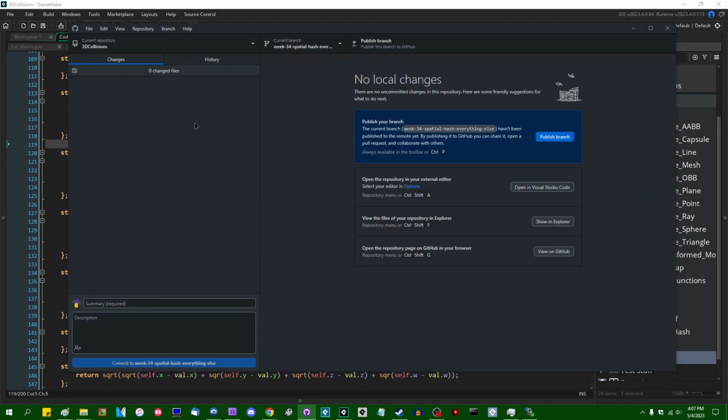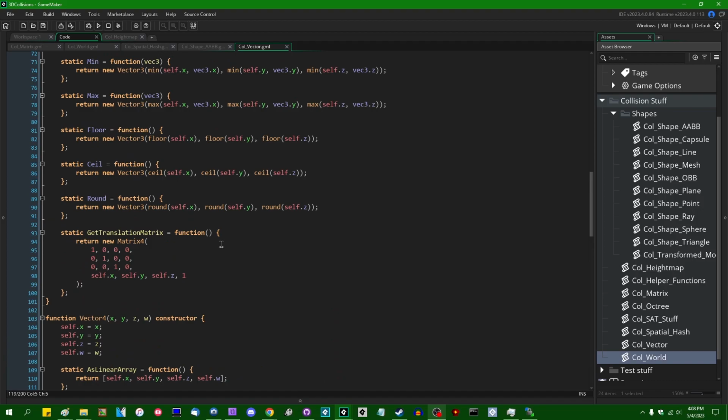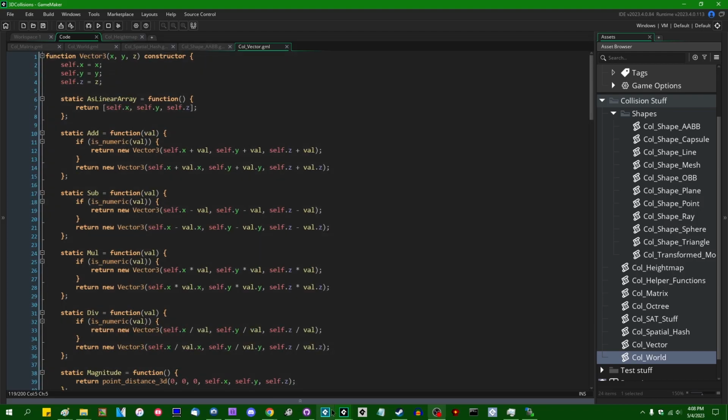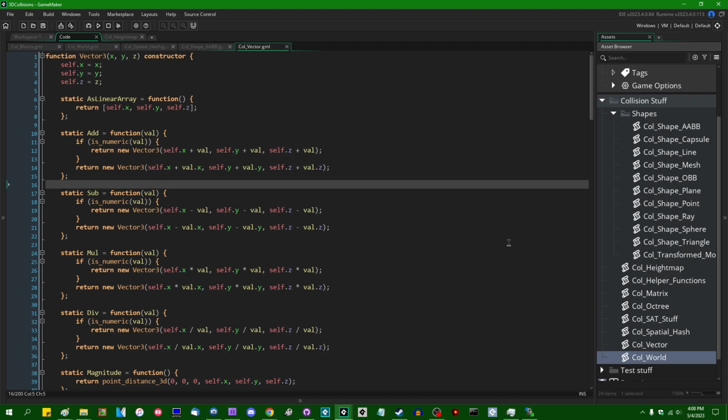We have spatial hashes. That took a lot longer than I thought it was going to. 3 whole videos. So a few more words on spatial hashes, where you would use them versus quad trees. Quad trees are still in use for mesh collisions to organize a triangle mesh into a hierarchy, and I don't foresee that changing. I don't think I would ever use a spatial hash for a 3D collision against a triangle mesh. Like, I guess you can, but I don't see a lot of the benefits to spatial hashes really shining through as much when it comes to mesh collisions, because you tend to have a lot of triangles that are overlapping or that will span across many cells in the spatial hash,